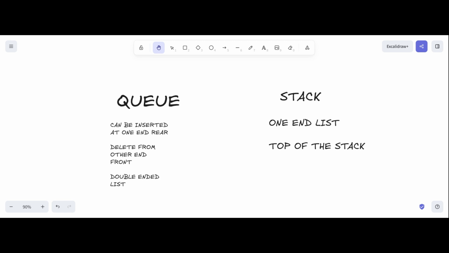So now, what is a double-ended list? Basically, you can do operations from the start of your list as well as the end of your list. To both the ends, operations can be performed. Unlike a stack, where the operation can be done only at one end, that means the top of the stack. So basically you insert an element at the top of the stack as well as you delete an element from